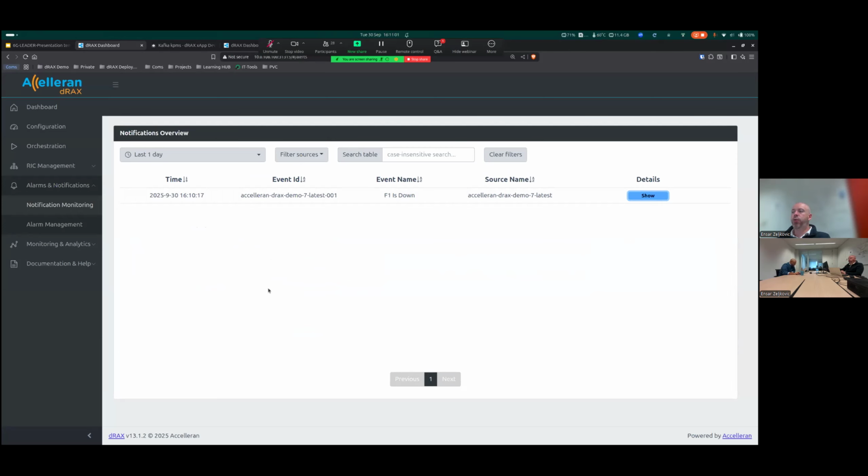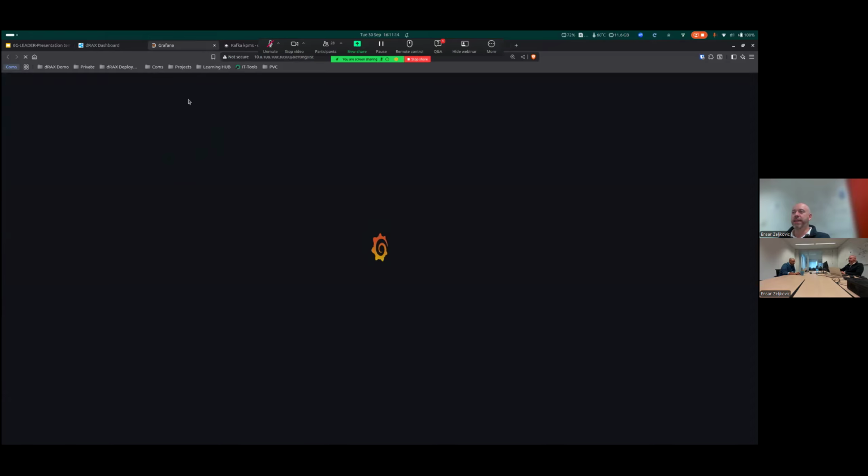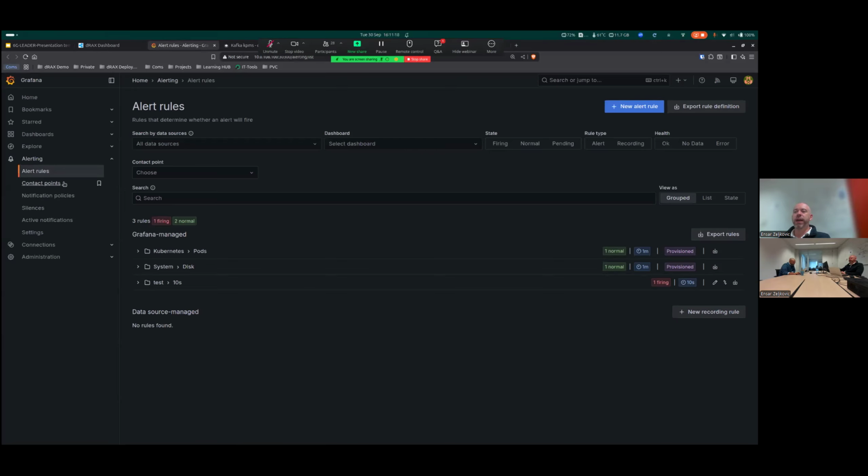And one final thing, and I promise that's the final thing, is we also have alarm management. Now, the alarm management we have delegated here to, let's say, Grafana, where we have an integrated Grafana tool as well, right? And there's an alerting framework within it. Here you can utilize Grafana's interface to create new alarms and new alerts.